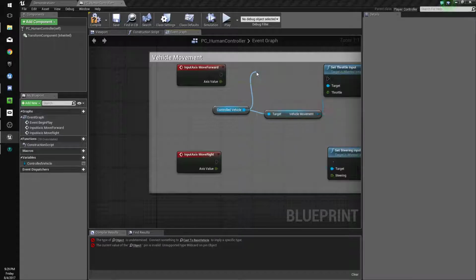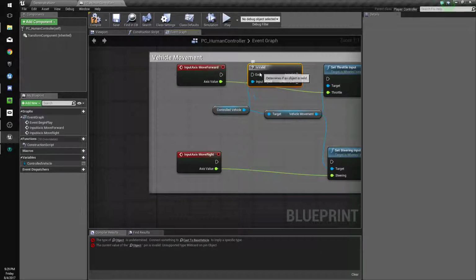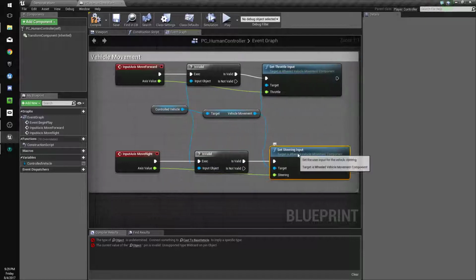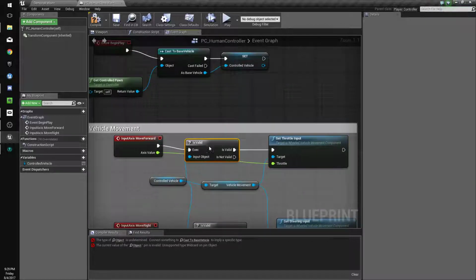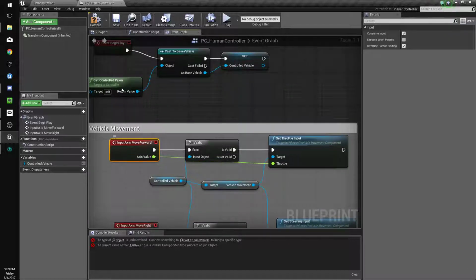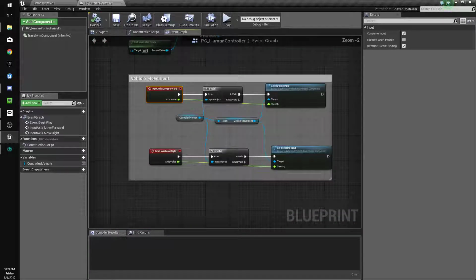Is valid. I'm not sure if that actually saves over the cast. It might. I think casts are inefficient somewhat, but I don't really know. I shouldn't talk about that. I don't actually know that stuff. I'm just a blueprint noob. Alright, so compile, save, and